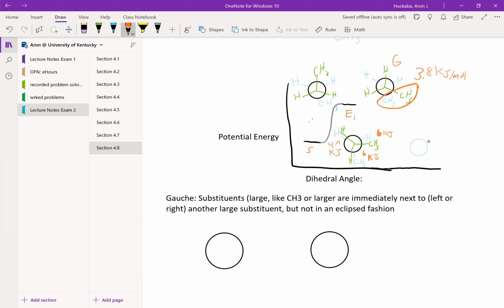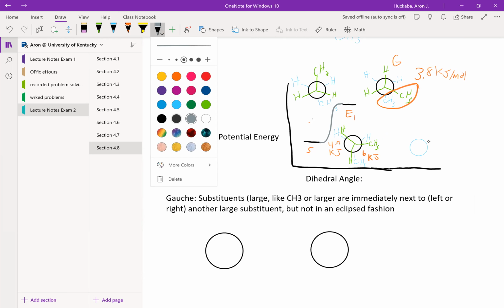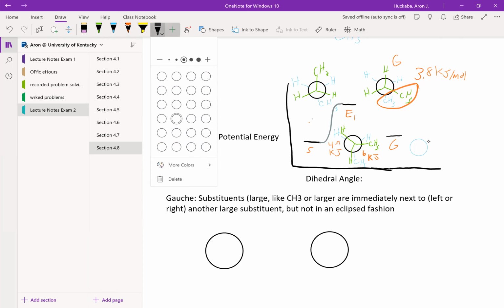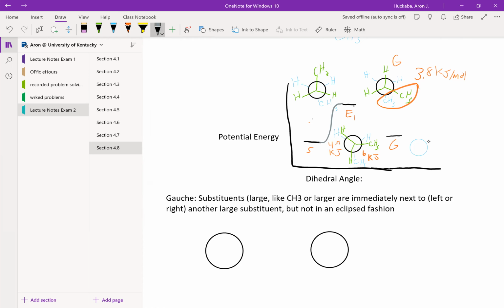So that means we don't go right back down to the staggered energy that we had before, and instead we go a little higher here. We'll mark that G for gauche. And we can also go down just like before. Okay. Next,